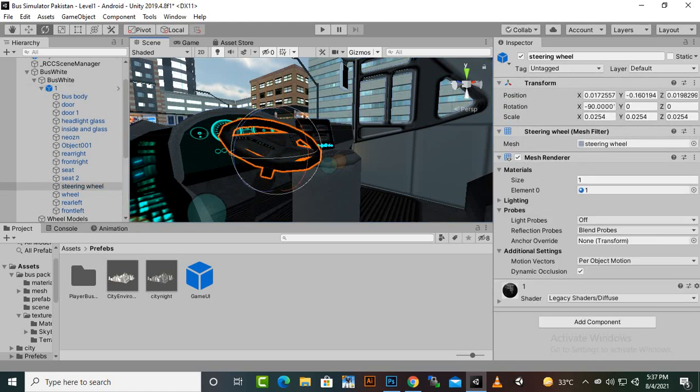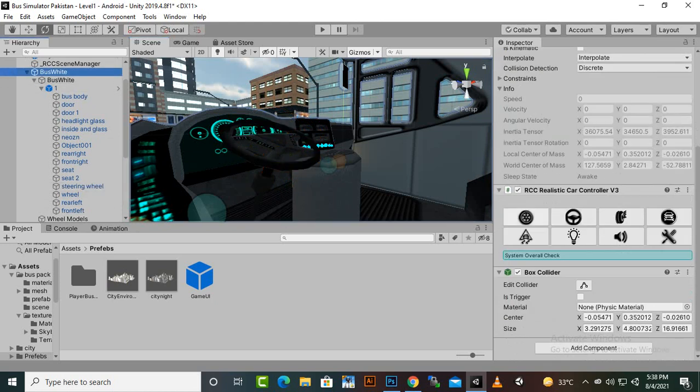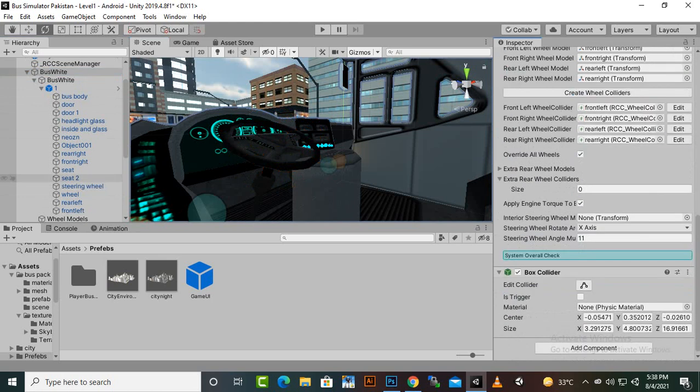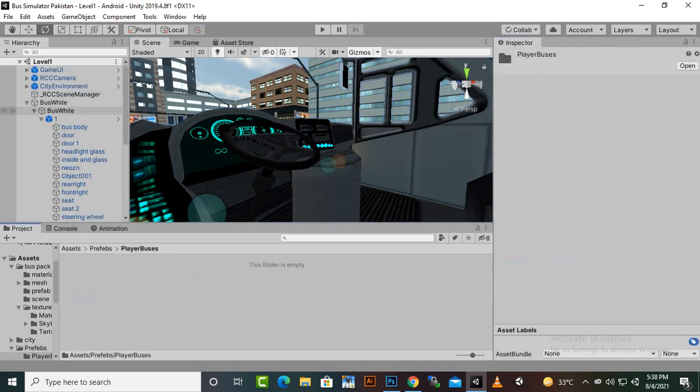So we will select it, we will go to bus right and select this, and then in steering wheel we will add this model, save it, and now in prefabs I will just drag drop this bus white model here,